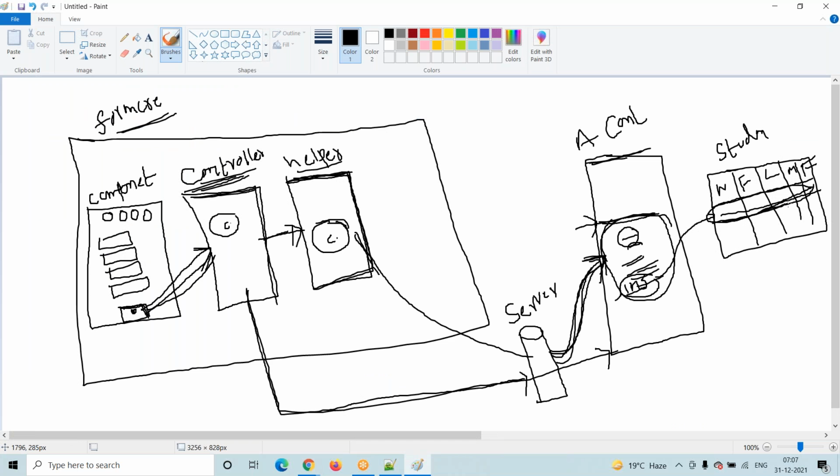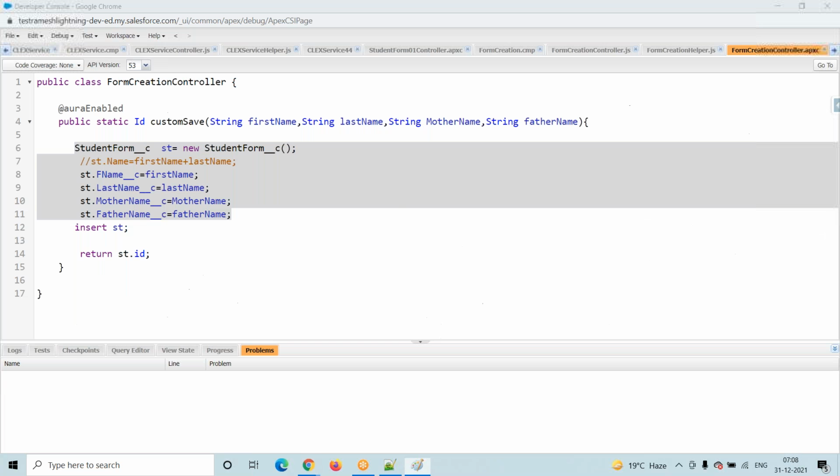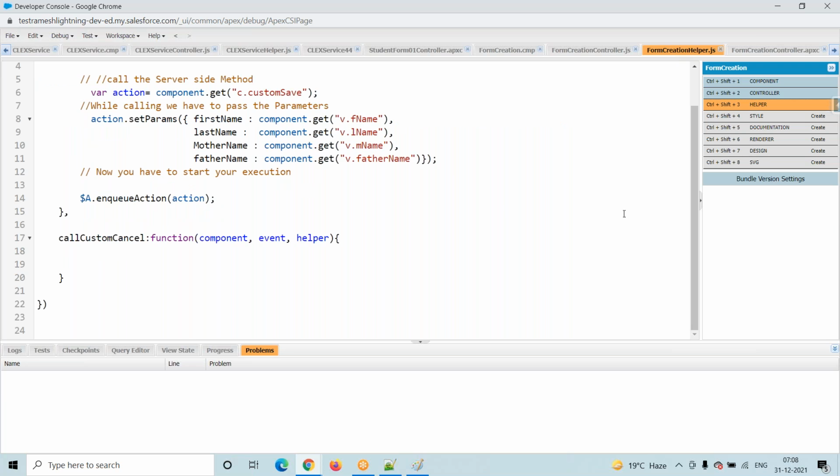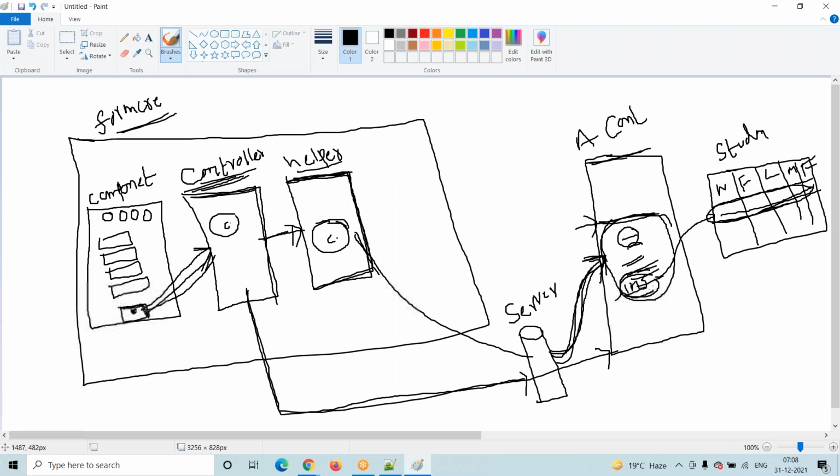It is inserted. So now we have to tell the helper, boss, I created one record, or there was some problem while creating the record. Means the helper is passing something and I have to give some response to the helper. Either everything is fine, I inserted, or some error is coming while inserting. Anything, either success or failure, we have to tell the helper. Once everything is fine, how are we telling the helper? I am just giving return. Return is nothing but the id. We are giving the id here. Now coming into the helper, it is executed and it is giving the id.